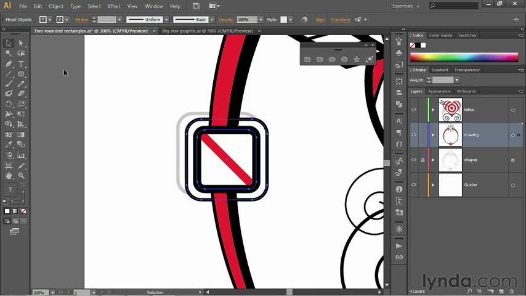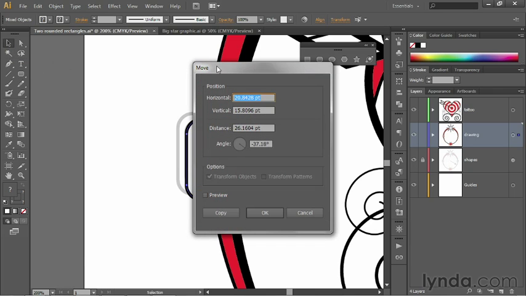Basically, what's happening here is that Illustrator is always recording your last transformation. And I mentioned earlier that transformations in Illustrator include things like scaling and rotating, but it also includes moving. So anytime you move an object, you're transforming it. And that information is tracked by the black arrow tool. So if you want to see the information, you double-click on the black arrow tool to bring up the Move